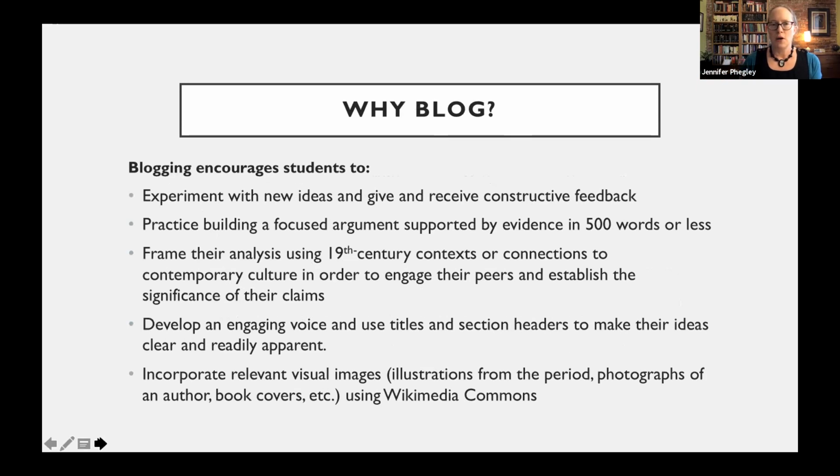So why choose blogs? I moved to blogs because I felt like it gave a little bit more room for research and in-depth writing than the discussion boards. But I soon discovered that it also does some other things. It allows students to experiment with new ideas and give and receive constant feedback, and practice building a focused argument in 500 words or less,